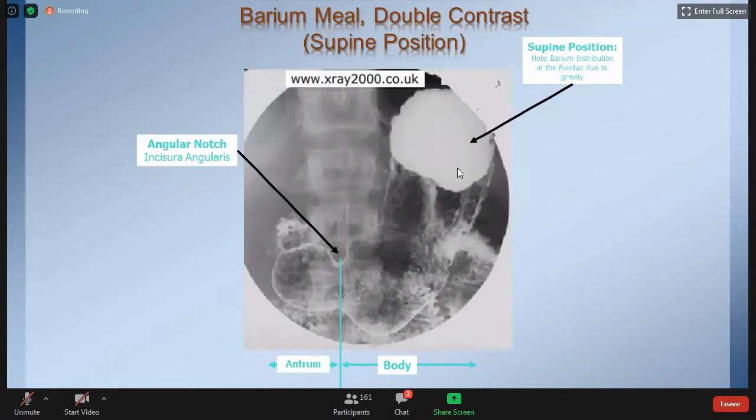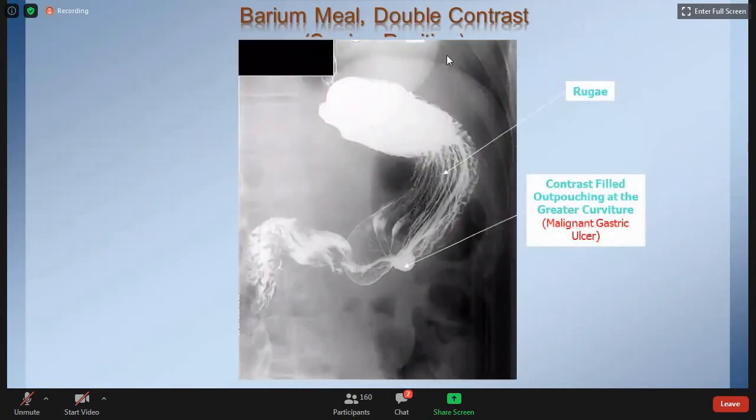Why is it double contrast? Because there is barium contrast, as well as air within the lumen. So both are producing their own impact on the imaging, resulting in a double contrast examination. Here is another barium meal examination, a double contrast study. This is an abnormal study. This is demonstrating the gastric rugae.